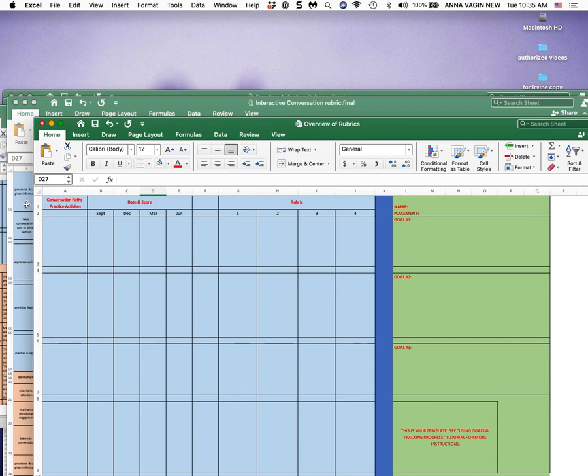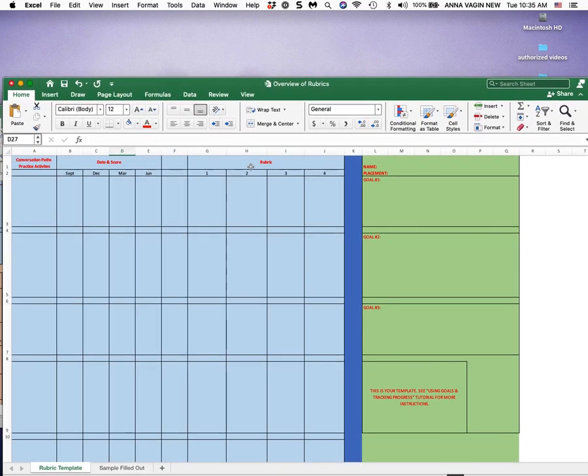Every rubric has a concept at the top, and in that left-hand column, the concepts are listed, like the Conversation Paths practice activities. The next section over is date and score. It gives you a place to do quarterly reporting. You can always add columns or change it if you want to change the frequency with which you do your general reviews of progress. The next set of columns in this overview, columns G through J, are the actual rubric.